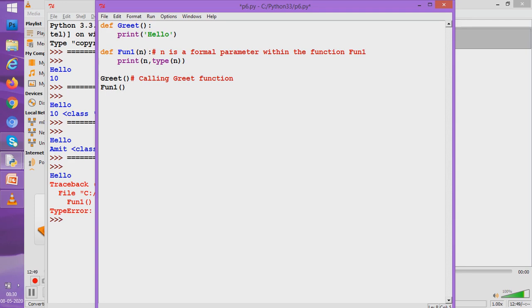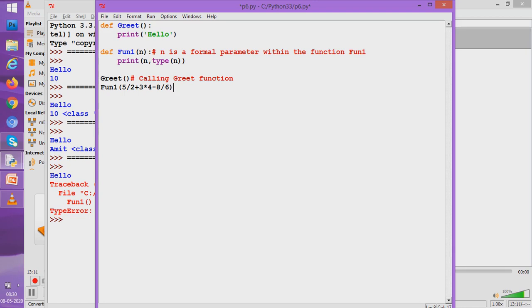Now what is an expression? Say I am sending 5 by 2 plus 3 into 4 minus 8 by 6. Can I send this sort of thing? Let us see. Are expressions allowed while calling a function?